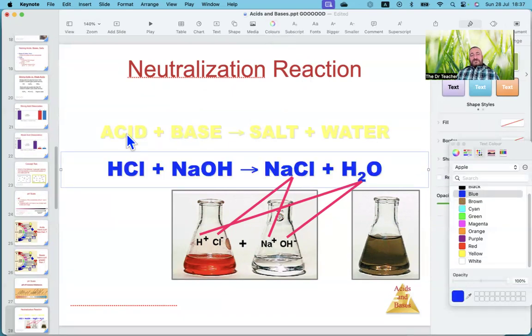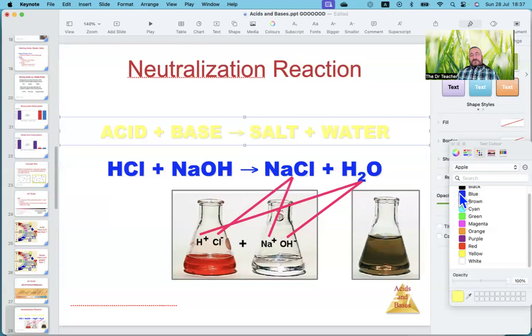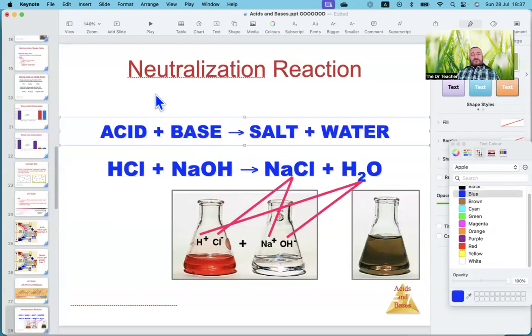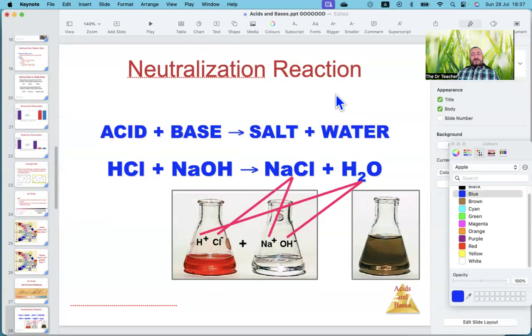So now you have neutralization reactions. If you come to the acid and base, it will always give you salt and water. HCl with NaOH will give you NaCl, table salt, and water. You can see here ionic in solution. If you mix